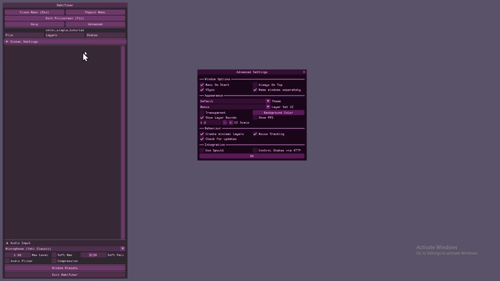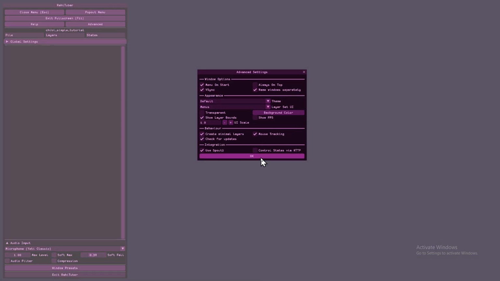The check for updates button will make something appear kind of over here in the UI. I think it's like a little flashing dot when there's an update available on itch.io. And once again, a lot of these settings are not going to apply to us yet, and I don't want to waste too much time, so we'll adjust them later as they become relevant.